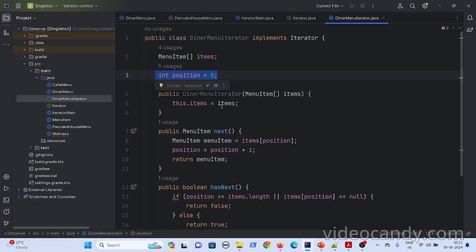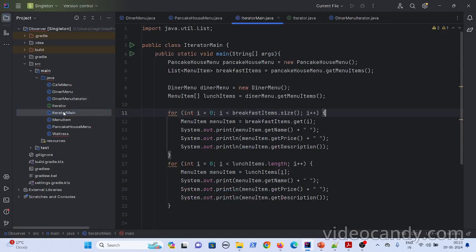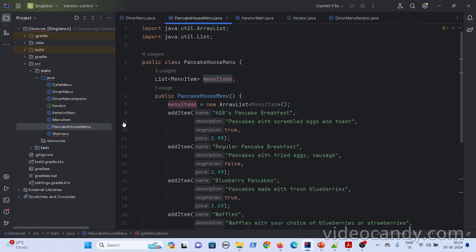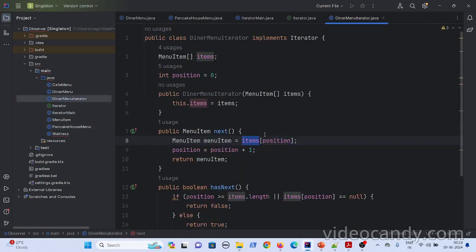When you go for next in the dinner menu iterator, you have to put the index in these brackets and return the element, because this is a primitive array. And if you go for the pancake house iterator, that would be different. In the next method, instead of items of position, what you can do is items dot get of i.